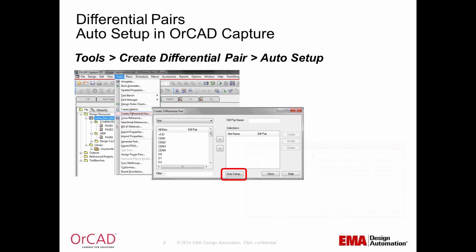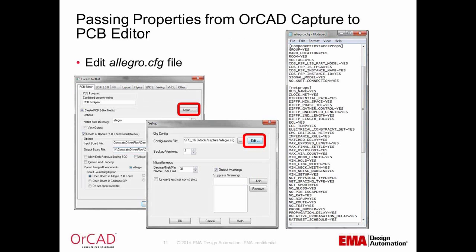Save the allegro.cfg file, and then click OK on the Setup form. Lastly, click OK in the Create Netlist form. Your netlist with properties will be read into your printed circuit board. Once your room properties are passed to the PCB editor, you may define the rooms or areas where you would